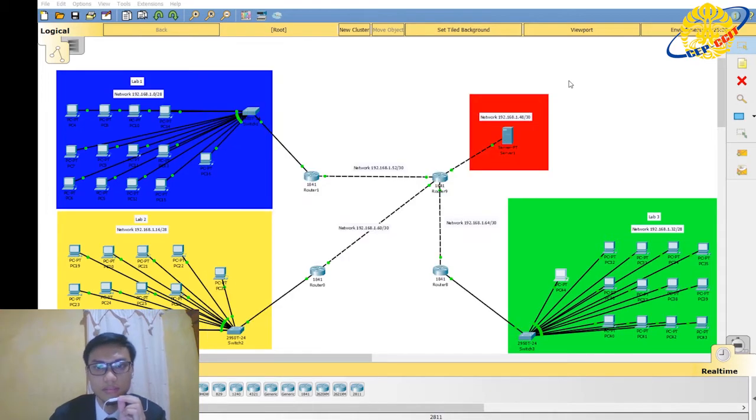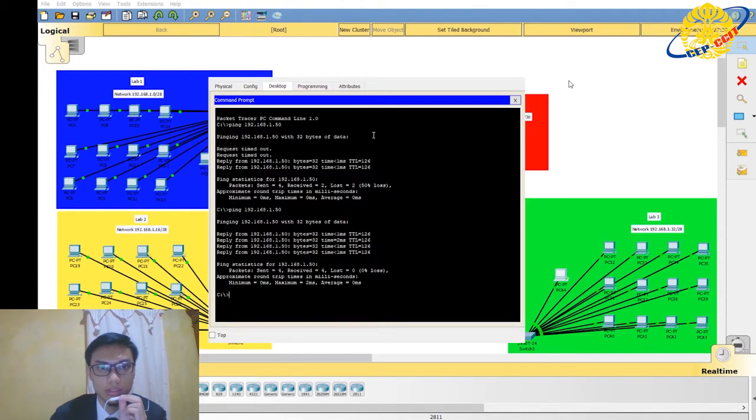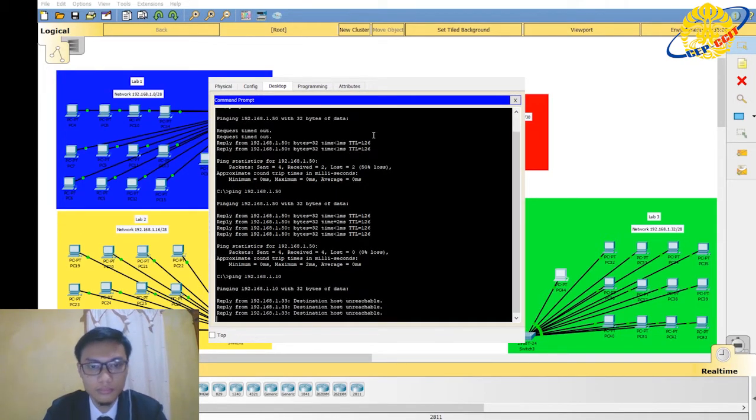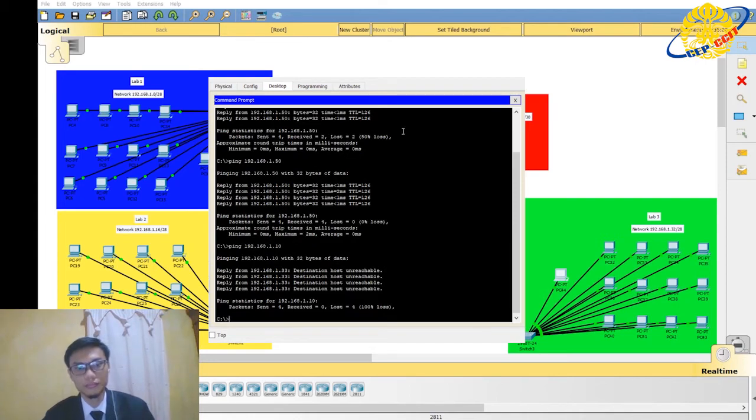And I will try to ping from lab 3 to lab 1. As you can see, the message is destination host unreachable.